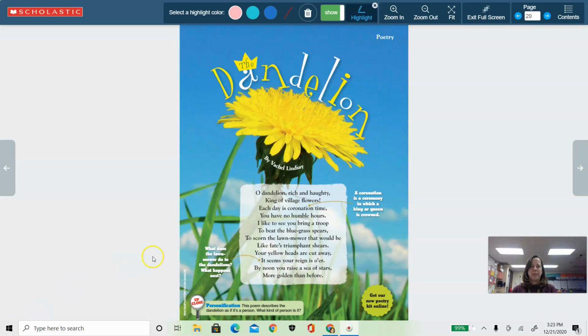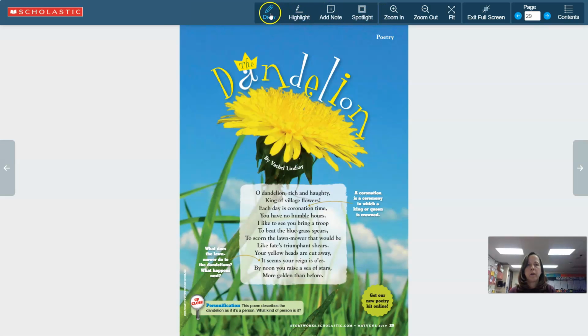All right, boys and girls, some things that you might notice or have already noticed is there are tools in your Scholastic Storyworks magazine that might help you to really work with the poem to better understand it. You've got a highlighting tool here. You can draw and work with some of these. So you've got the eraser, the lines. If you want to draw a line under something, you can choose a color. Let's say I want to notice how many lines there are in the poem. I can do that. I can underline.